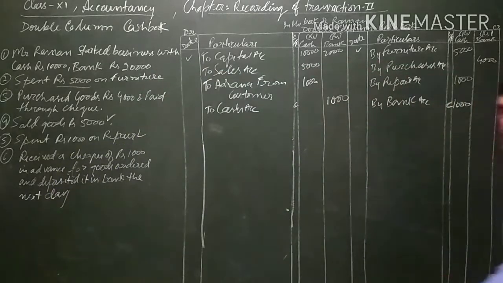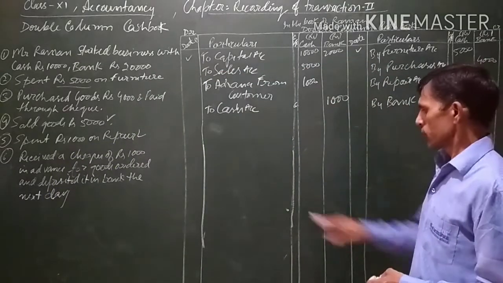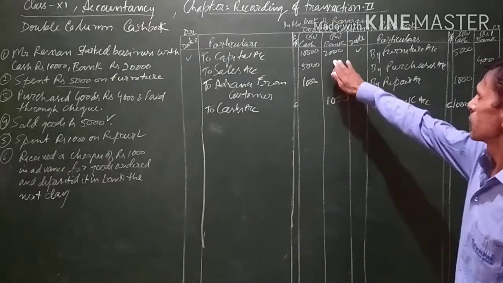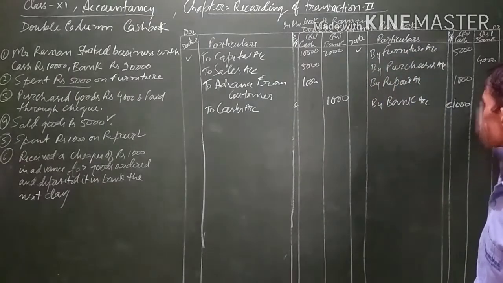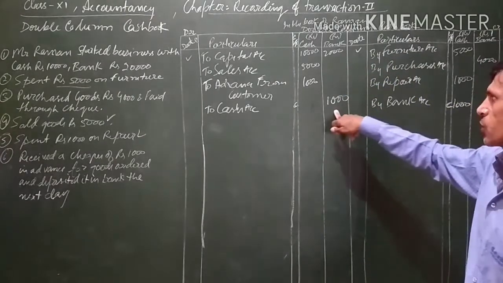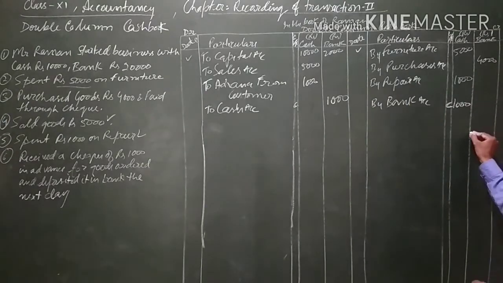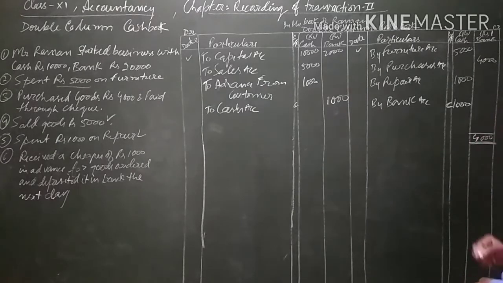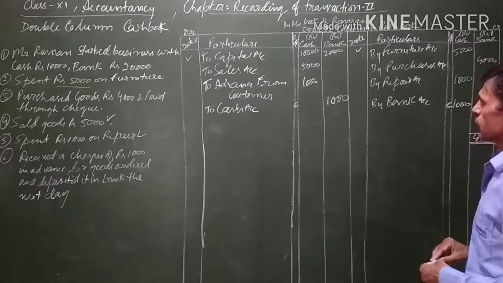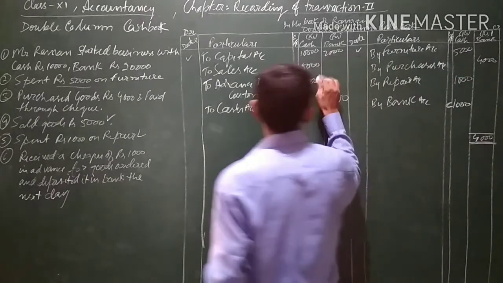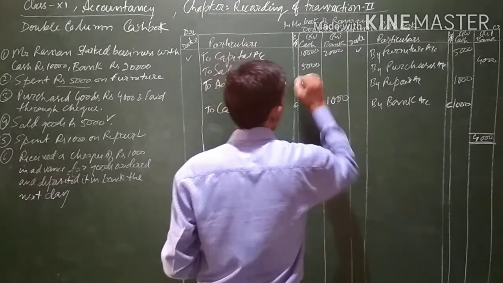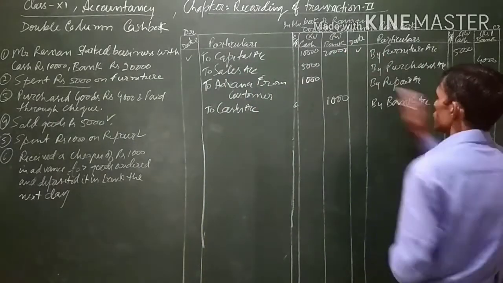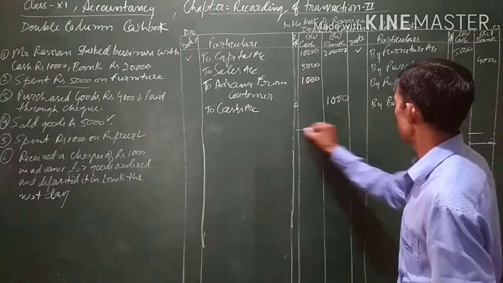First of all, we try to find out the total of the cash book, that is the cash column and the bank column. By looking at it we can say the bank column, the credit side is known. Here 4000 is there, and 2000 plus 1000, 3000 is there. So this side is excess. So first of all, whichever side total is more, we will write here. Now this is the bank column, and the total will be 20,000. Now this side is more.